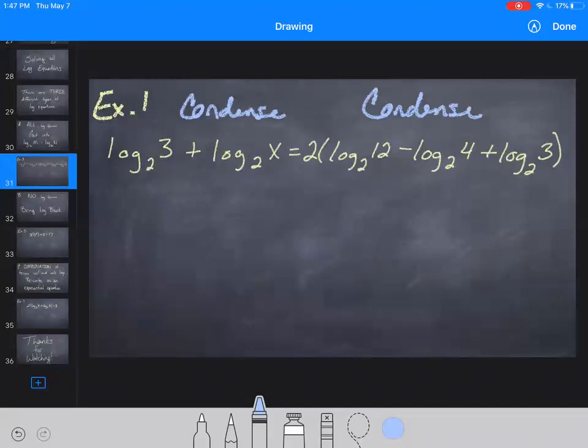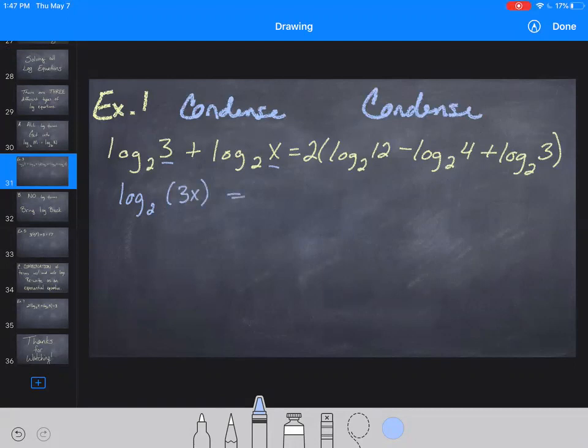When I condense the left side, I can see that there are no exponents, but there is a plus sign, which means I can rewrite this as log base 2 of, and the 3 and the x are the arguments, but because of the plus sign, when we condense them, we're going to be multiplying them. 3 times x gives me 3x